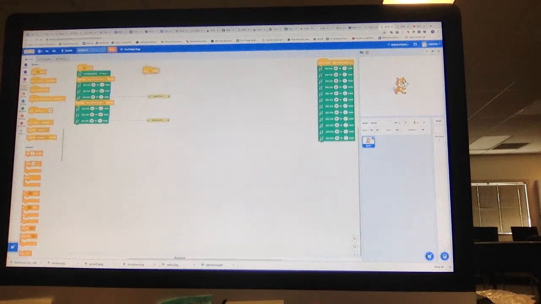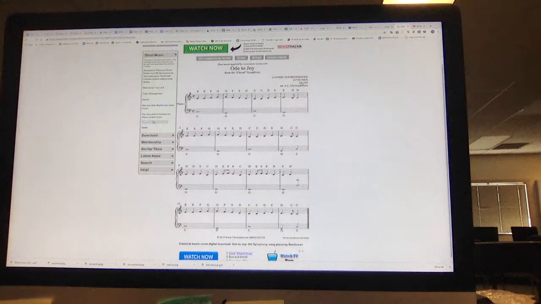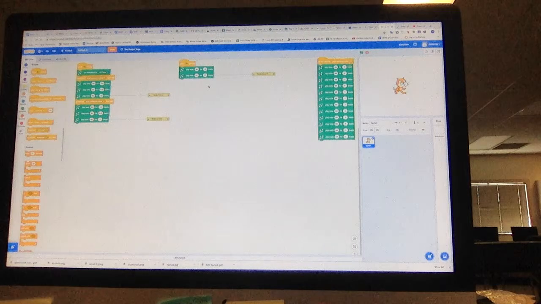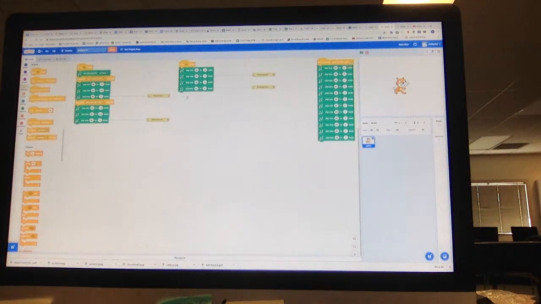But what does matter is that when the flag is clicked, we have some whole notes. It looks like we have a C, G, C, G. Well, I'm going to need 2 of these. So I'm going to separate. Right click, hit duplicate. But I want C and where's G? G. And I want this to be 4, 4. But I can repeat and I'm done. So when I hit this,